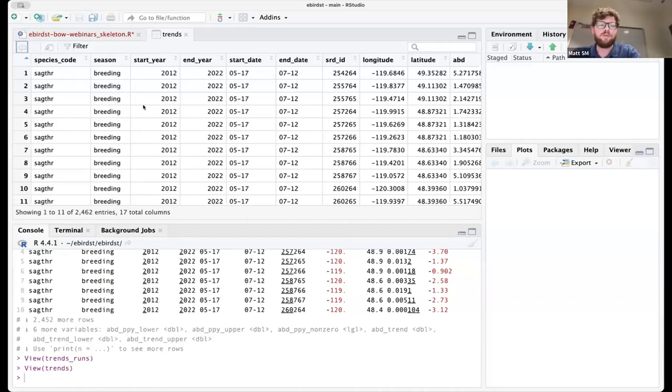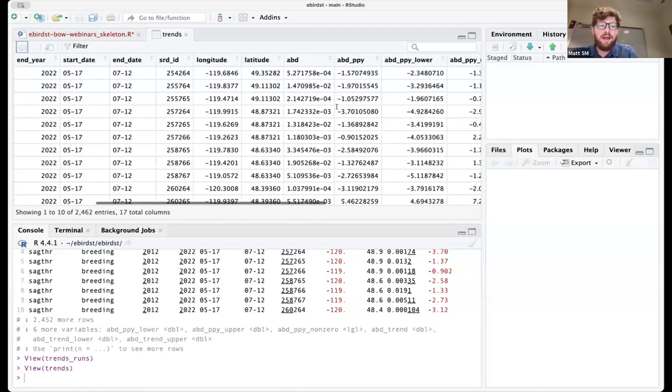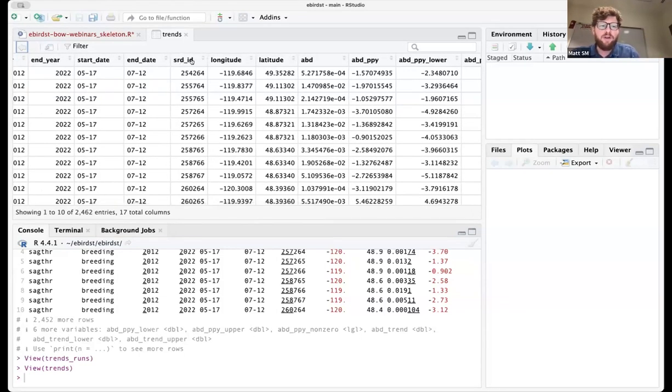The first several columns are exactly the same as the columns in the ebirdst_runs data frame. So it just tells you the species, the season, the start and end year, the start and end date that define the breeding season. And then this SRD ID: these trends are calculated on a regular 27 by 27 kilometer grid.